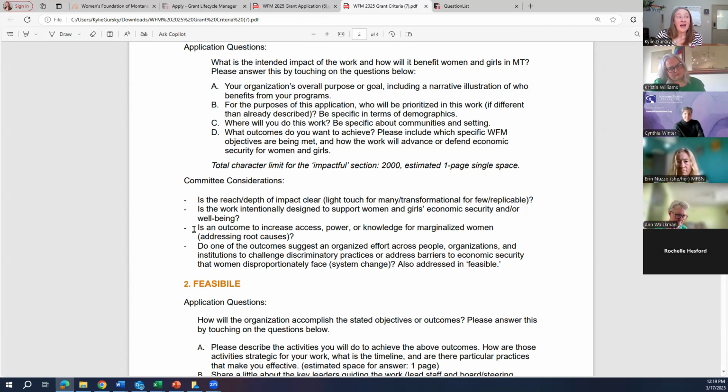We want to know, is the outcome to increase access, power, or knowledge for marginalized women? That's the way that we are thinking about, does the work impact or address root causes of inequity? And then one of the outcomes suggest an organized effort across people, organizations, and institutions to change discriminatory practices. And that's one of the questions that we ask to think about, is the work designed to change systems? All of these things do not have to be a yes in order for you to be eligible, but